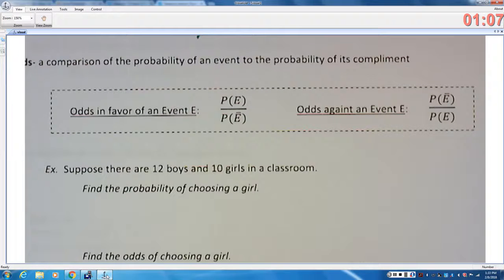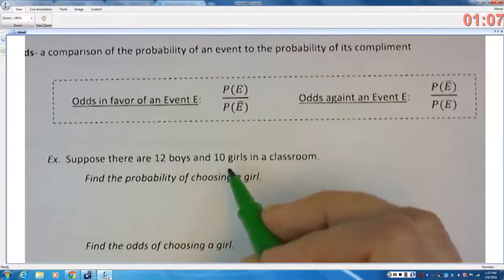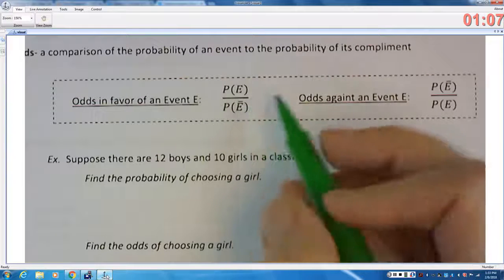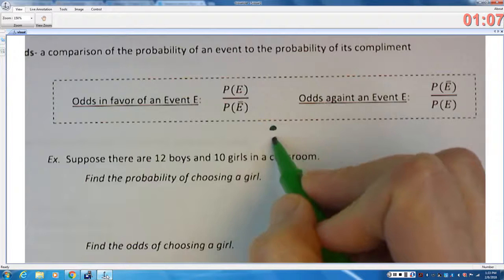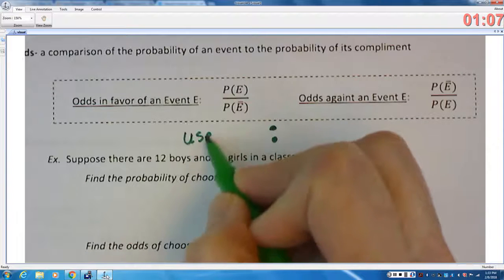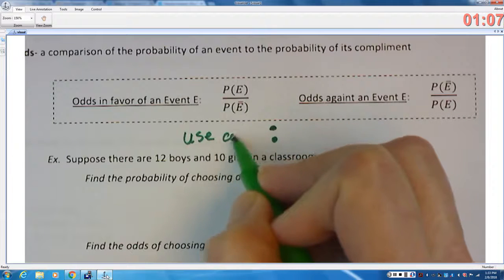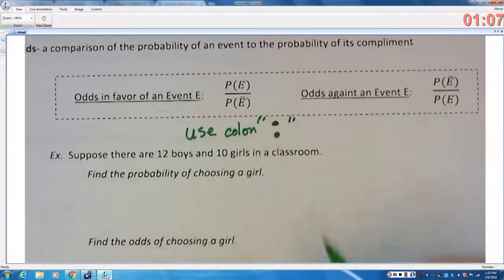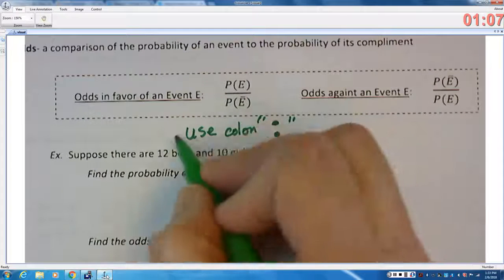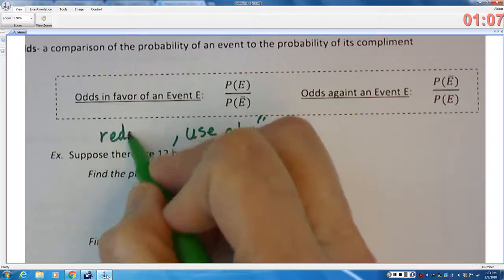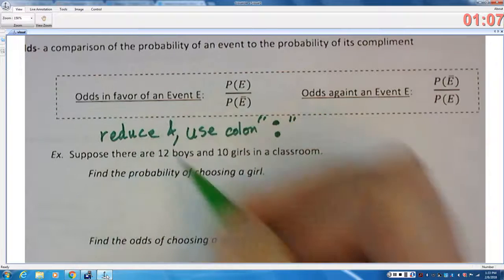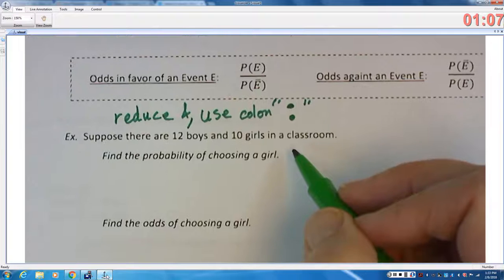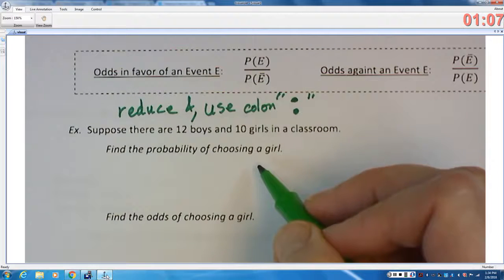So if there's 12 boys and 10 girls in a classroom, and we're going to reduce that, by the way, and we're going to use a colon to show odds, but we will reduce and use a colon. So if there's 12 boys and 10 girls in a classroom, find the probability of choosing